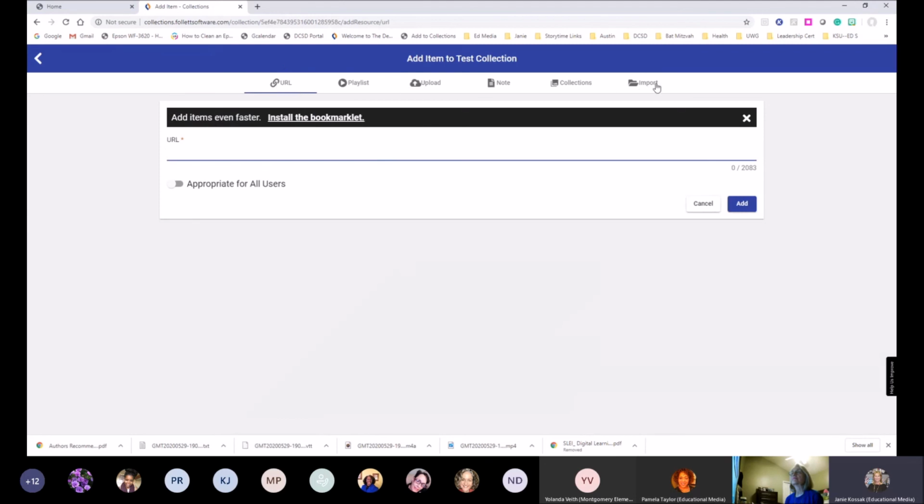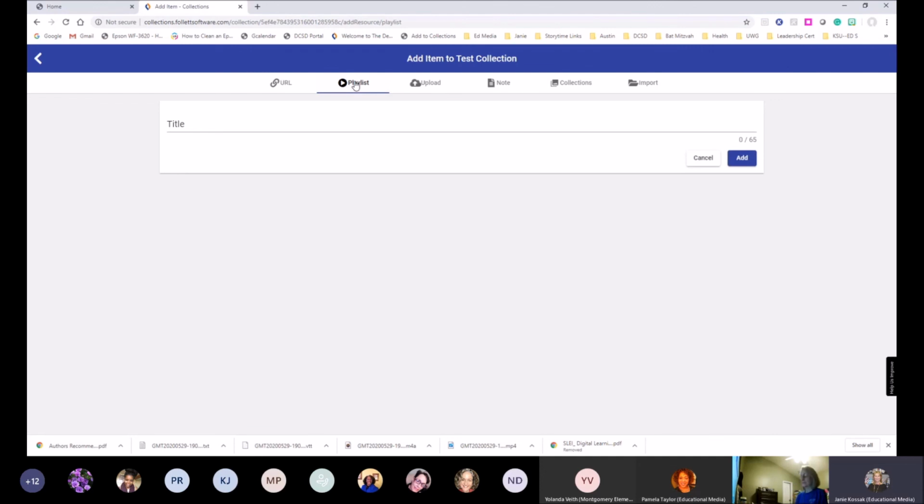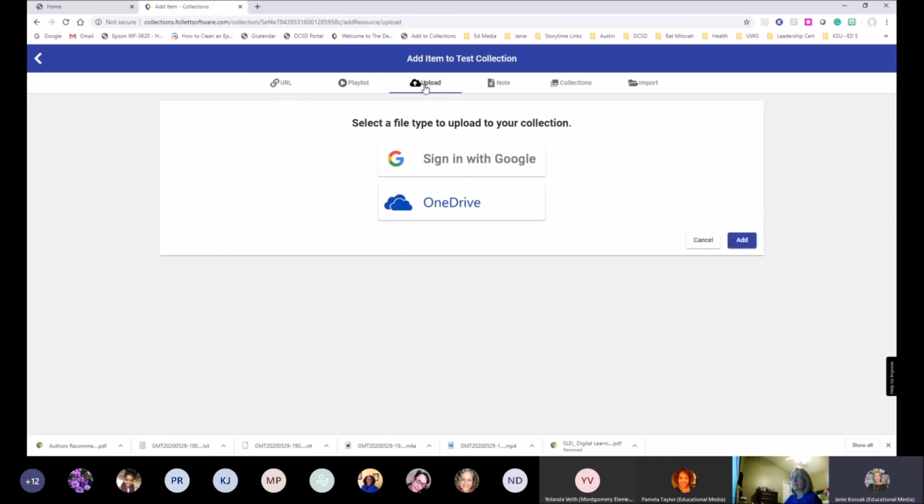All right, so adding an item. Here are the things that you can add. You can add a URL. And that's from any web page, any video. If you want all of your videos to play back to back to back, you can add a playlist, or you can create a playlist and add in the things that you have already added with the URL. You can upload a file, and you have to sign in with one of those. To be able to add a note,